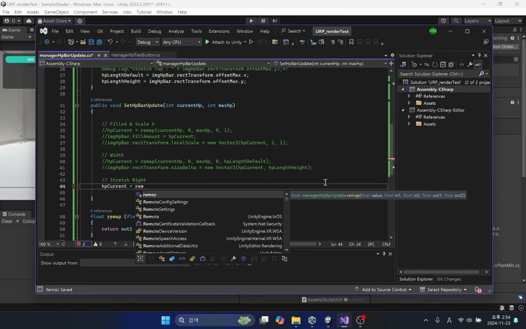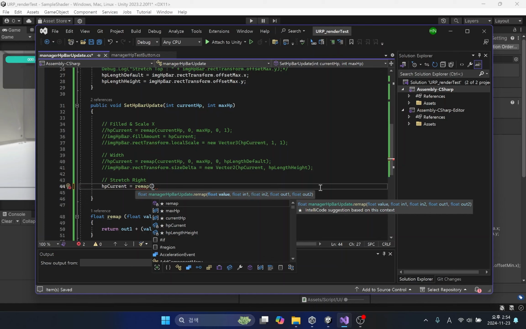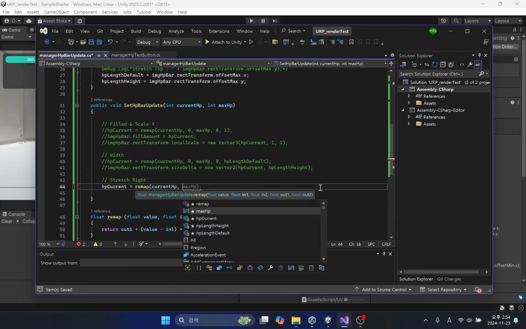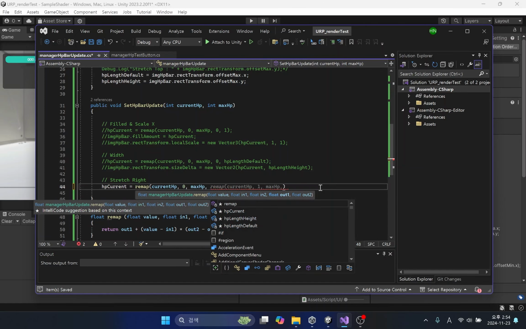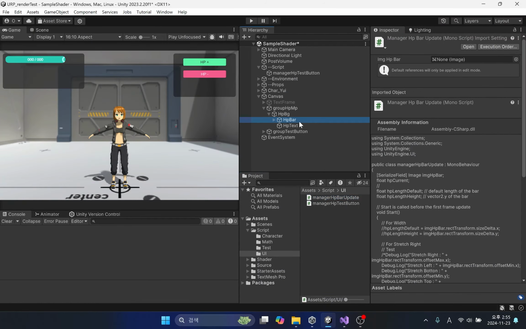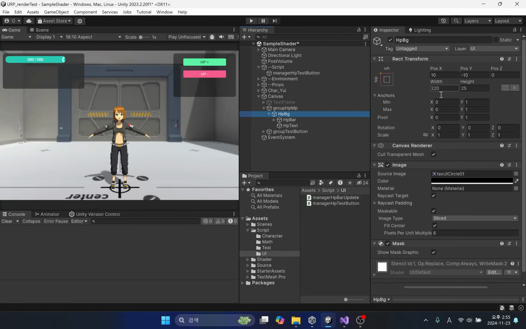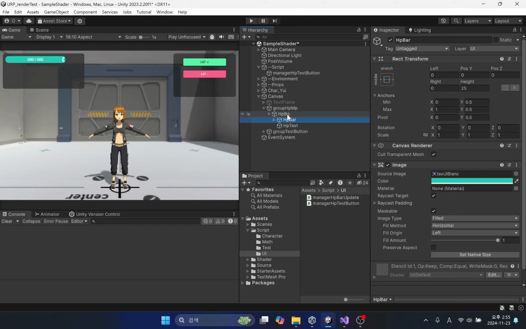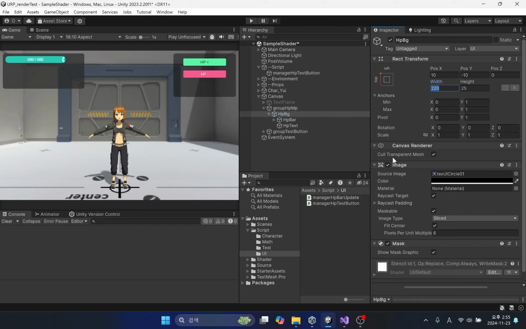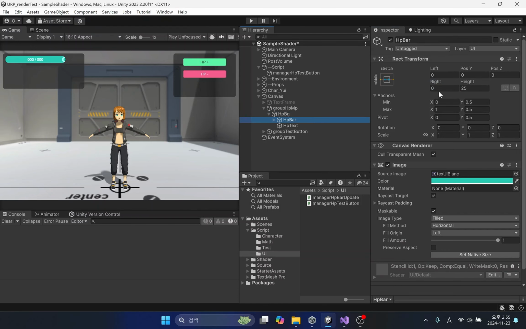There are some things to check before applying the remap function. In stretch state, the default length of the image is 0 from the right side. When the HP bar is completely reduced, it becomes the same size as the width of the parent image.